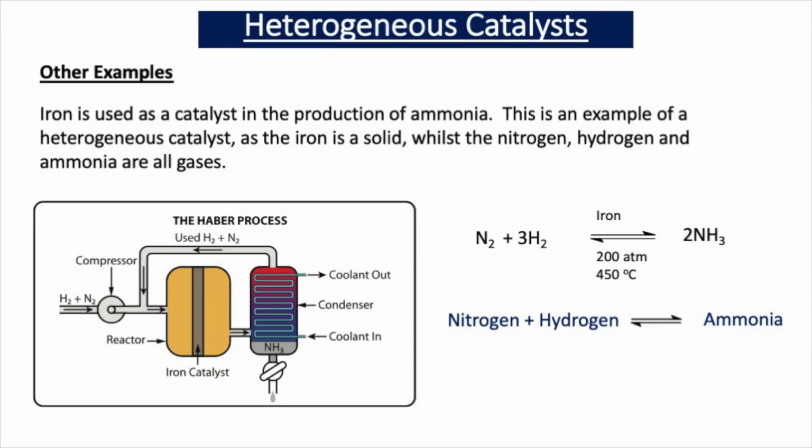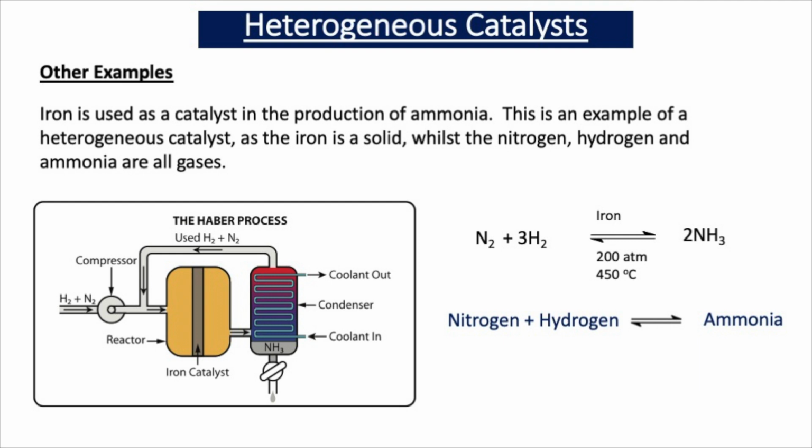Now, another example of a heterogeneous catalyst is iron in the Haber process, the production of ammonia. In this process, iron is the catalyst and it's a solid, whilst the reactants and products are all gases. So we have N2 plus 3H2 forming 2NH3. And this reaction is carried out at a high pressure, 200 atmospheres, and a temperature of around 350 to